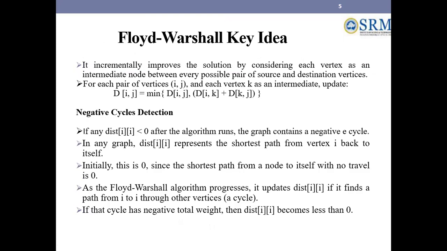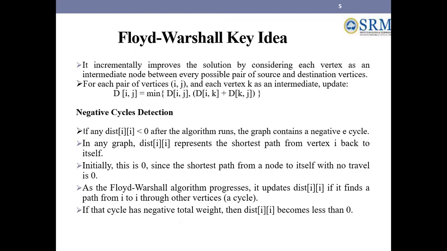And the main idea in Warshall's algorithm is that it incrementally improves by considering each vertex as an intermediate. So there are 4 nodes, 4 iterations. First iteration, first node acts as intermediate. Second iteration, second node as intermediate. So we are checking the shortest path between every pair I and J through all intermediate nodes. That is the iterations: there are k intermediate nodes, k iterations. For each pair of vertices I and J, each vertex k is an intermediate. So update the formula: D of I comma J is the minimum of D of I comma J and the path through k,